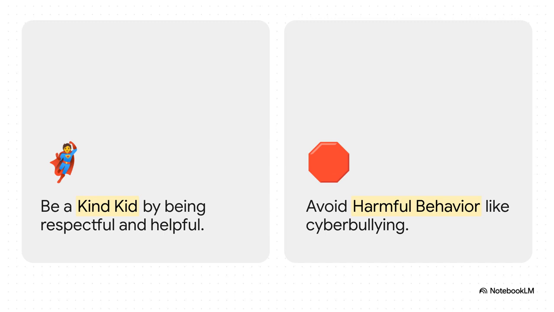On one side of the coin, we have the core philosophy of the digital kind kid: respectful, helpful, and actively avoiding harmful content. Then on the flip side, we have harmful behavior, cyberbullying, and spreading mean things. By visually juxtaposing these opposing forces, it just becomes incredibly clear that our digital experience isn't something that just happens to us. No, it's a world we actively create through our choices. Are we going to choose to build up, or are we choosing to tear down?